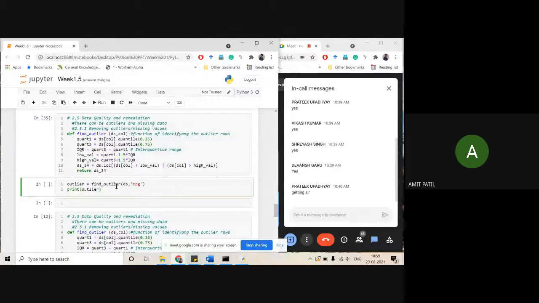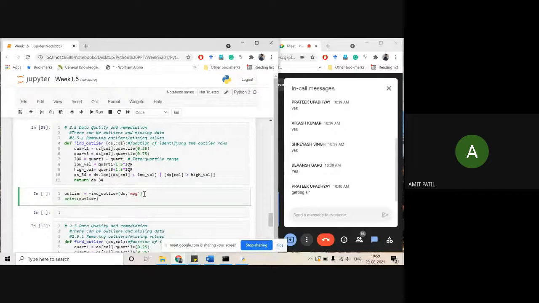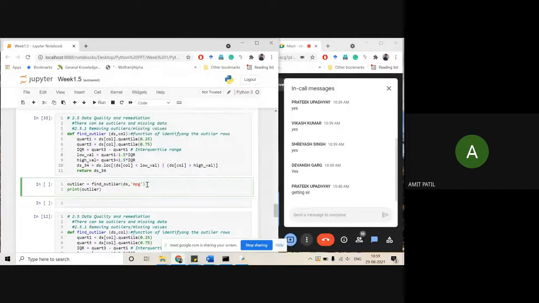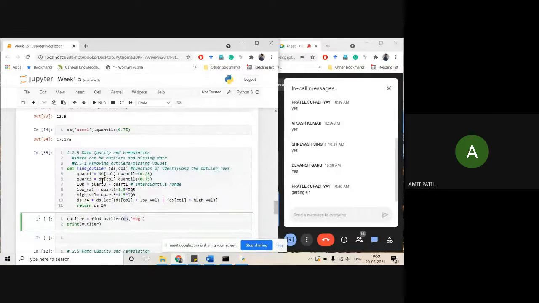Now, find outlier. This is the outlier function that we have defined here. First you put the name of your function, so this will be your user defined function. Then the data name or variable name that you want to work on.